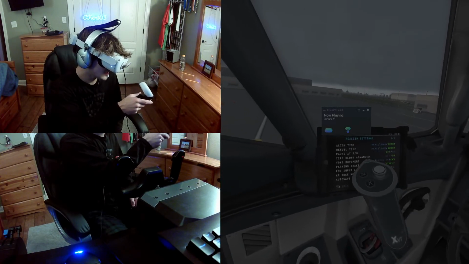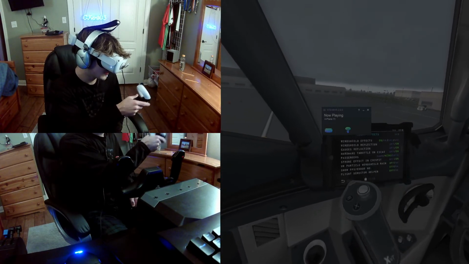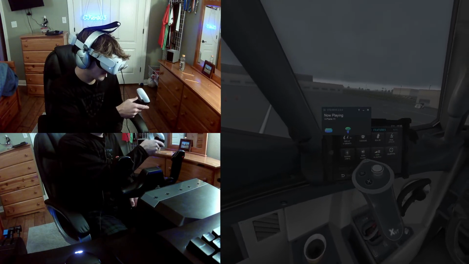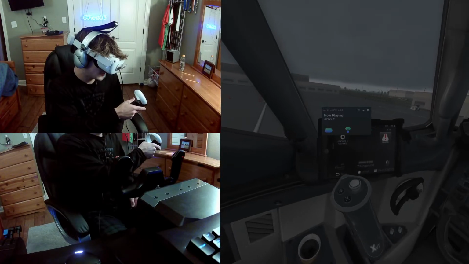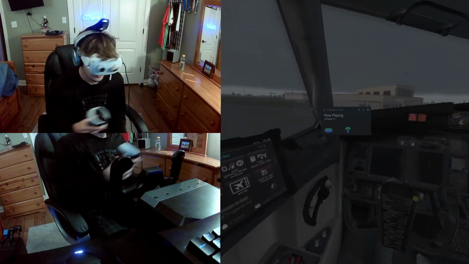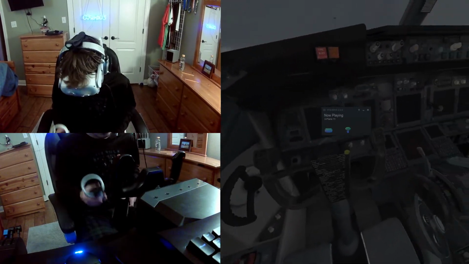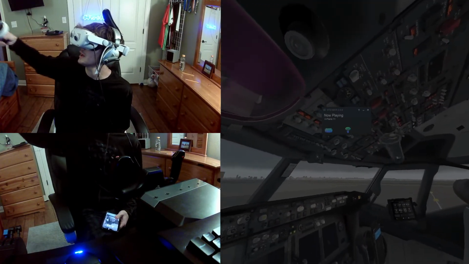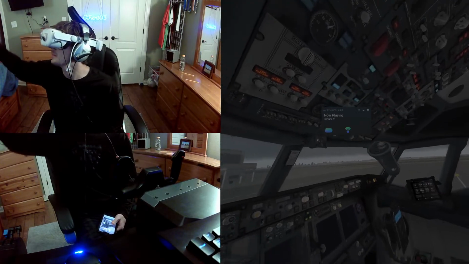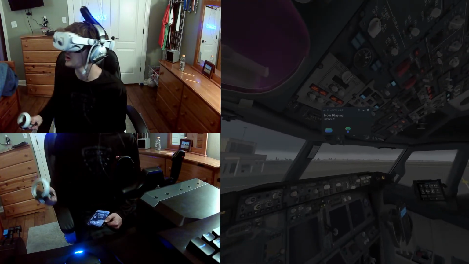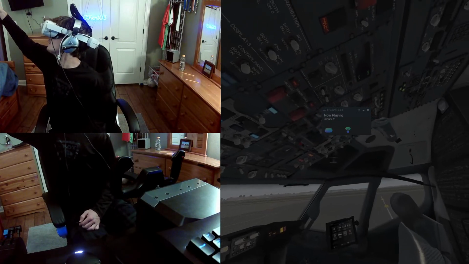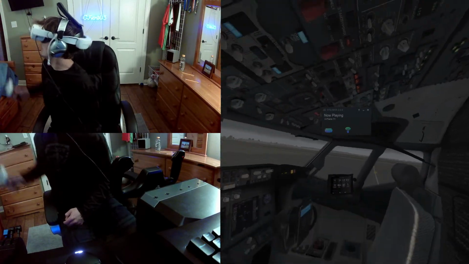I want the align time short. Visual effects, passengers are going to be off. Audio effects, passenger pause doesn't apply. Failures, we're not going to look at that for now. We're going to go ahead and turn on the GPU, turn the batteries on, turn the logo lights on, and go ahead and get window heat on. Voice recorder can come on now, and we can go ahead and test